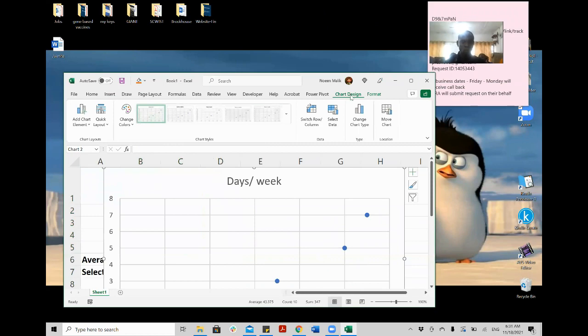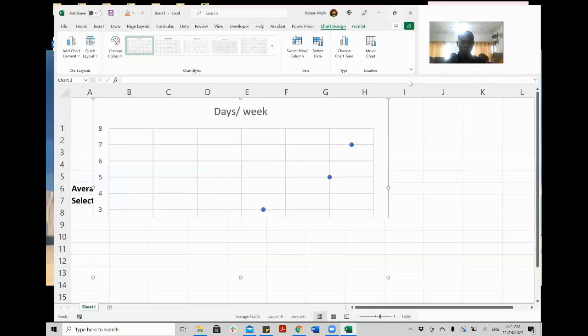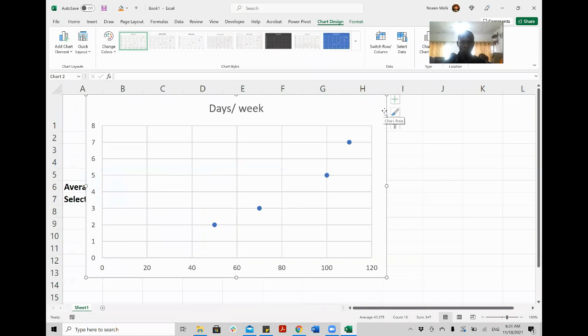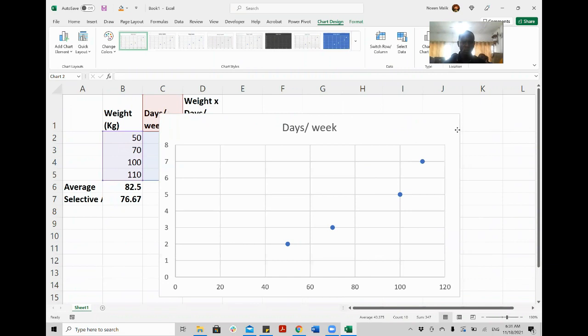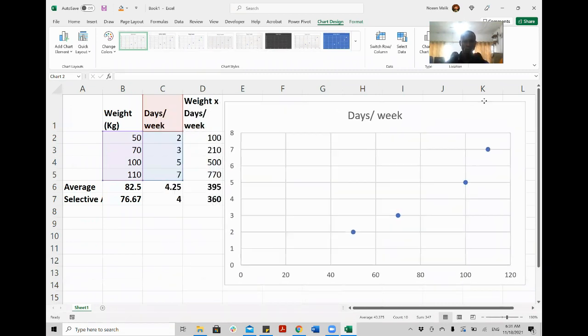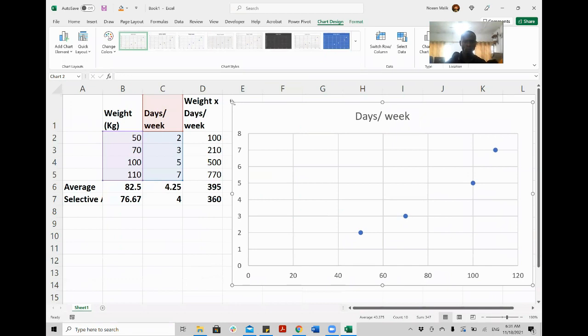You see, it came up as a chart design. And in the ribbon, it was not here before, right? The chart design was not there. So you move it here. You see this side, the same way as you moved in Word and PowerPoint. These four arrows, the plus sign, is used to move, and you see these dots came up, which is to drag it and make it smaller or bigger. Exactly the same with pictures and tables on Word and PowerPoint. Now I will go to the quick layout.